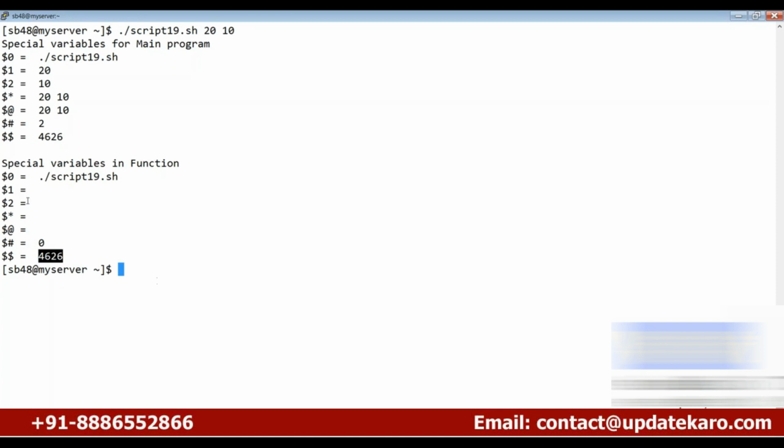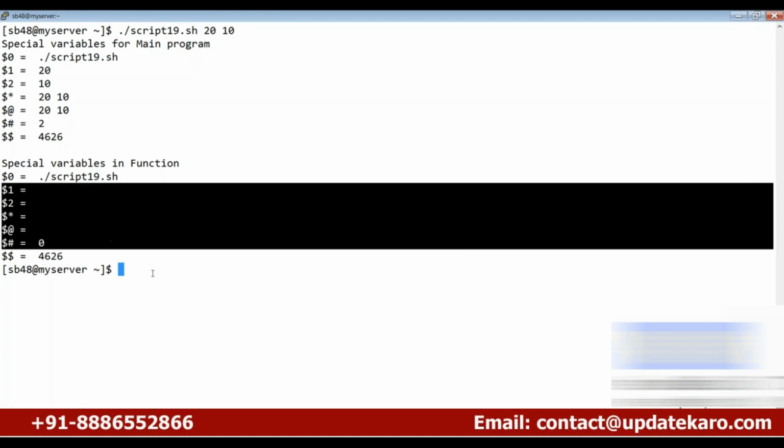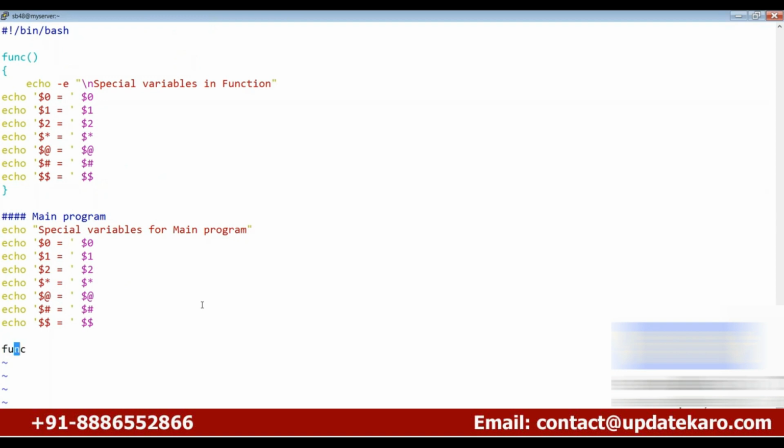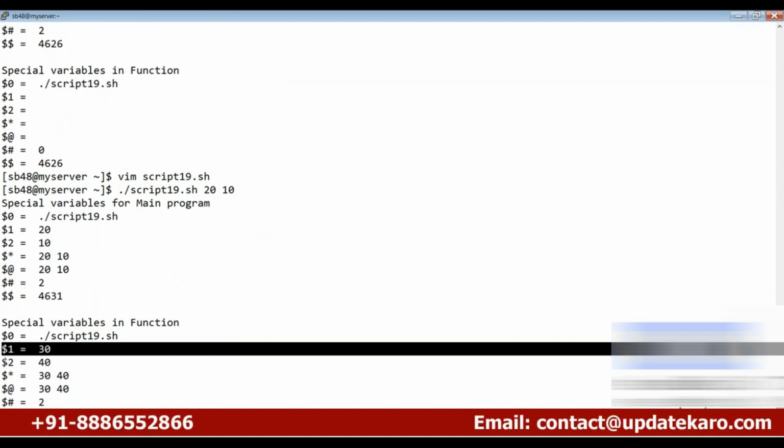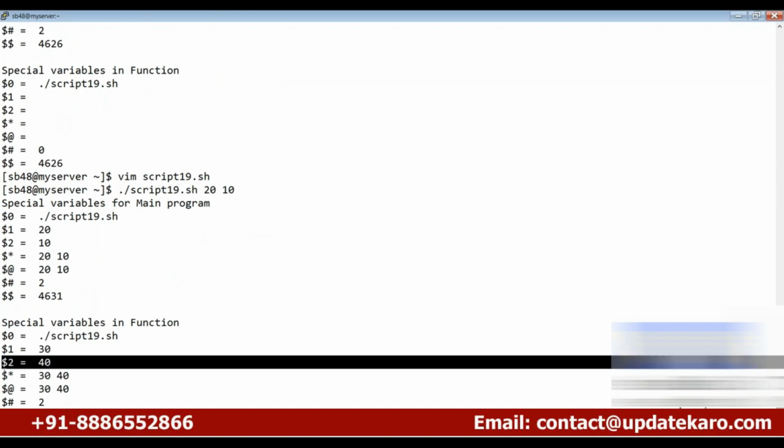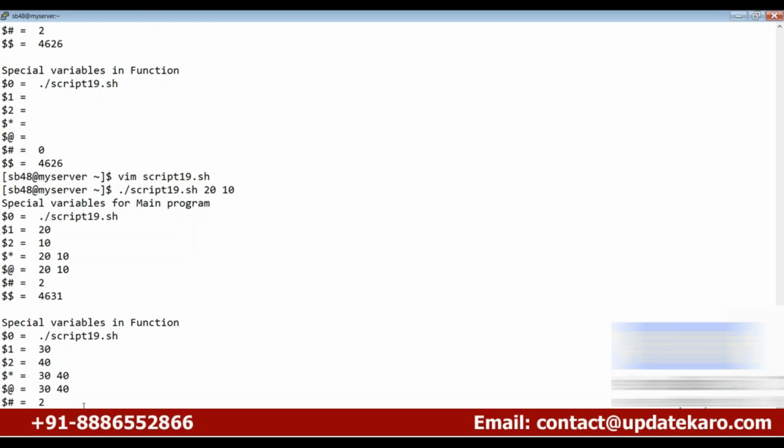One of the properties is that you can pass different values to the function. In script 19.sh, if you give two different values, let's say 30 and 40, to the function, then $1 in the function is now 30. Even though you passed different values to the main program, to the function you passed 30 and 40. The first value passed to the function is $1, the second is $2, $@ is all the values, and $# is the number of values you pass to